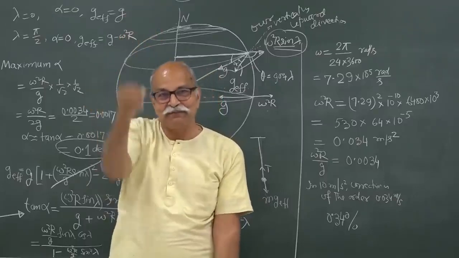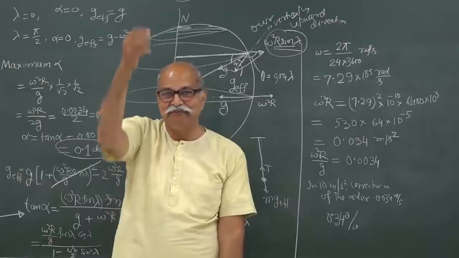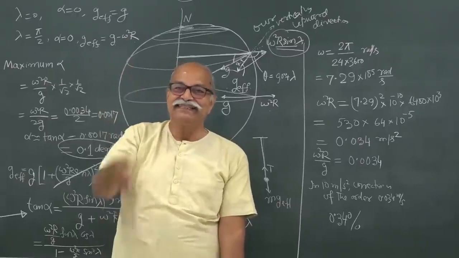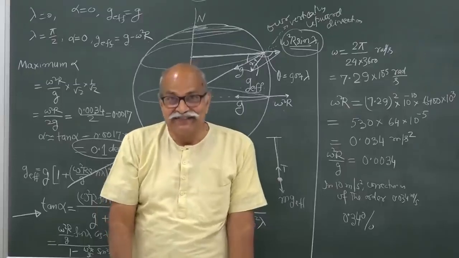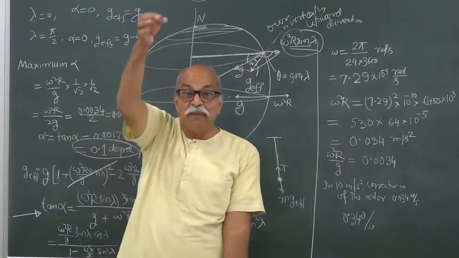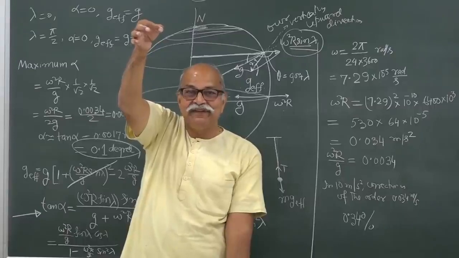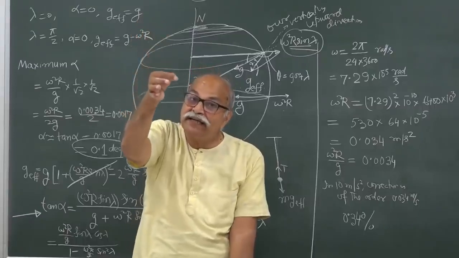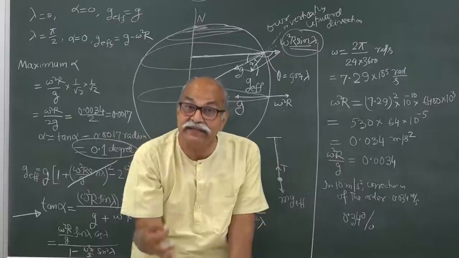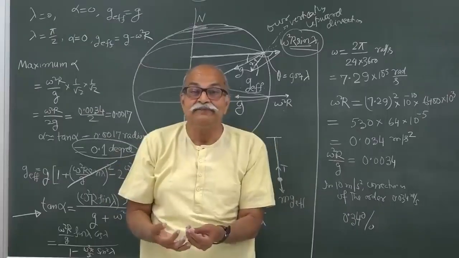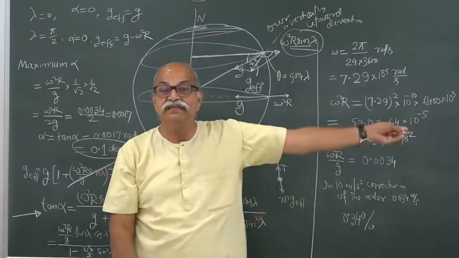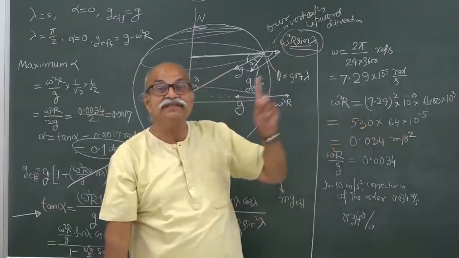I know what happens to the plumb line. I know what happens to my pendulum if I am not oscillating, that just stays in the direction of our vertical, that G effective direction. Okay. But if I drop it, whether it goes along that vertical, our vertical, or even with respect to our vertical, there are some deviations because of these pseudo forces, that we will see in the next lecture.